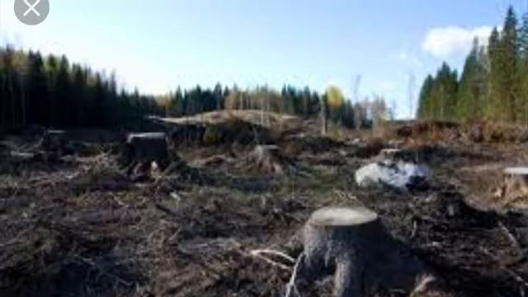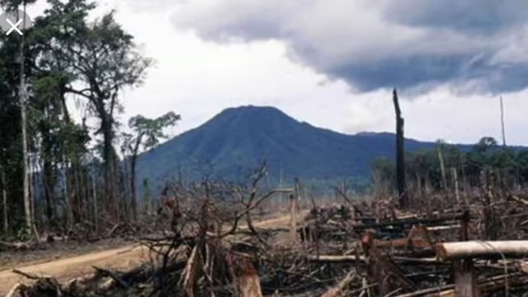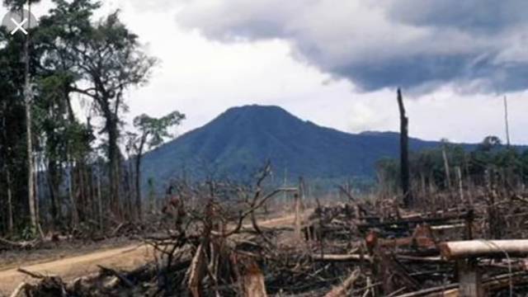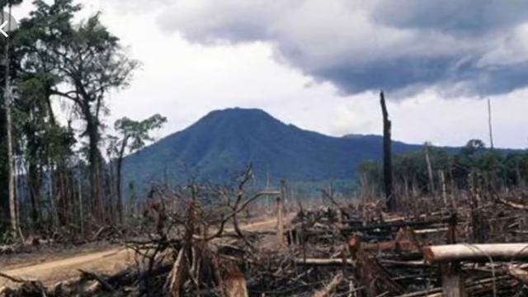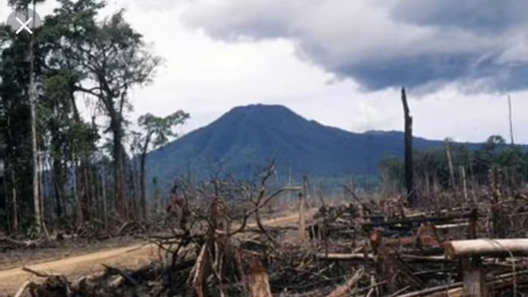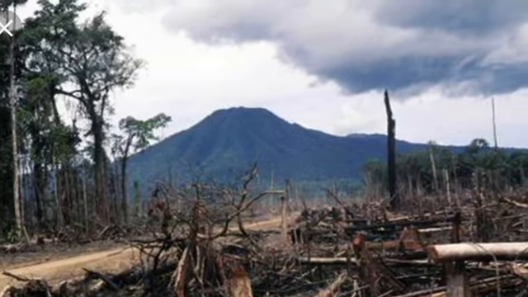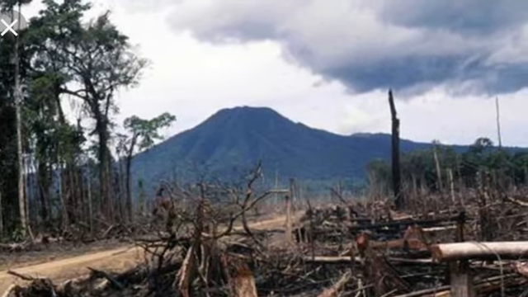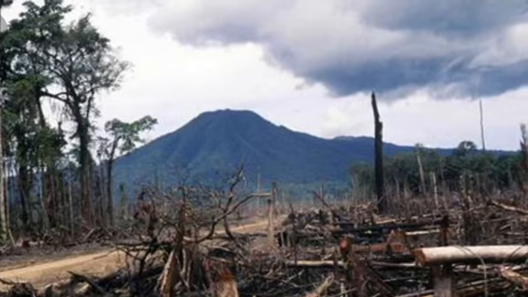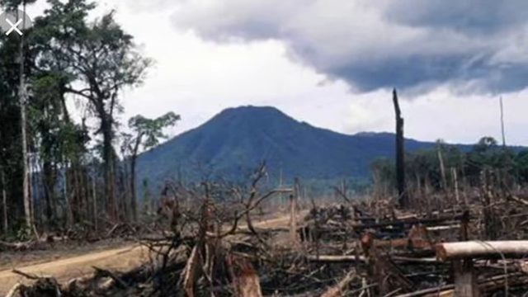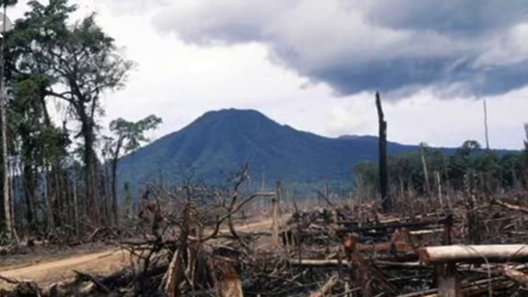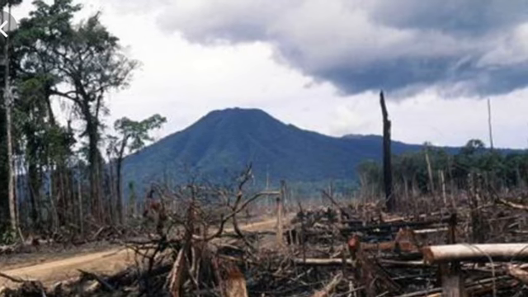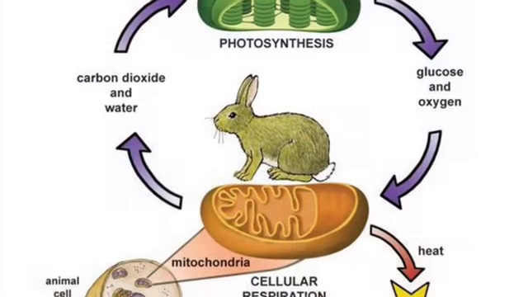So what happens in turn is that there's a decreased amount of carbon dioxide being removed, while also there is a decreased amount of oxygen being added. And so trees and plants are really important for living in our atmosphere, and it makes for a healthy atmosphere, makes for healthy animals and people and plants. And so with that being in mind, we're going to go ahead and move to our understanding of cellular